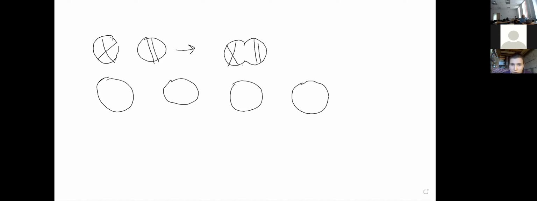Yes, this operation is not well defined, but modulo the four-term relation, it is well defined. And the four-term relation is